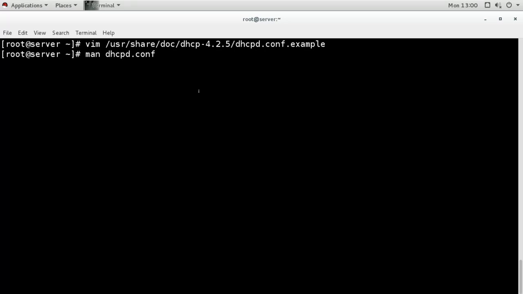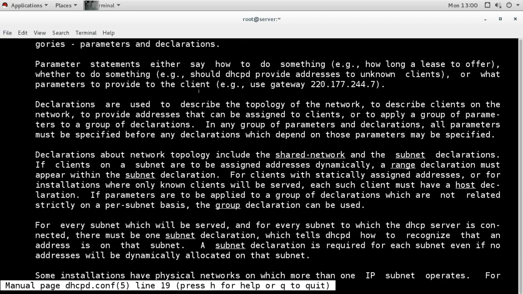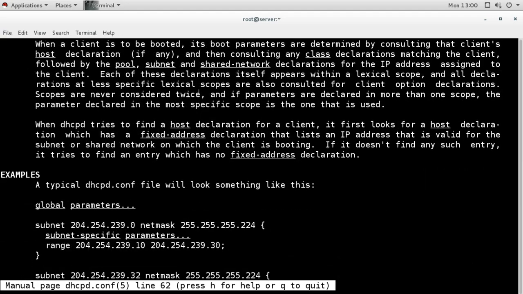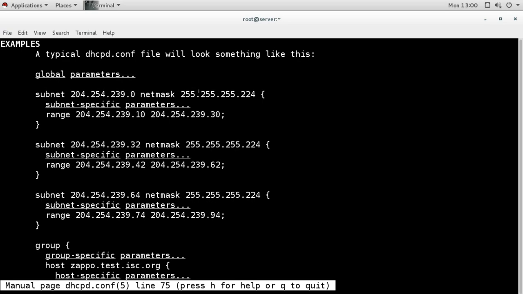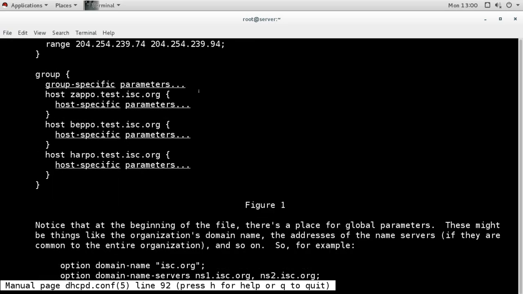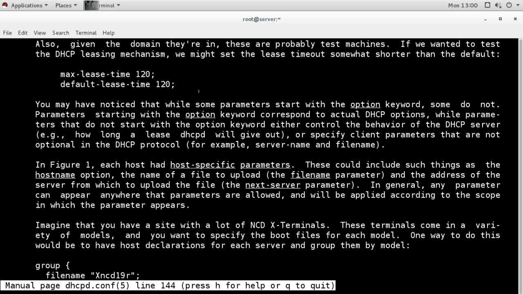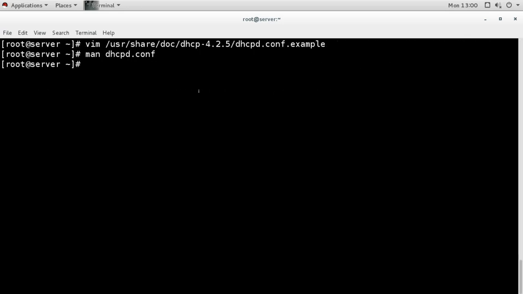You can see in detail the options which you can configure, and the samples are also there, showing how you can configure the subnet information. So I will create a simple one, only for one subnet.